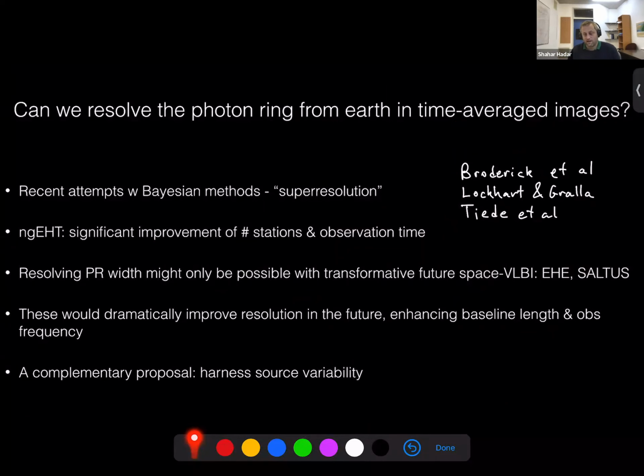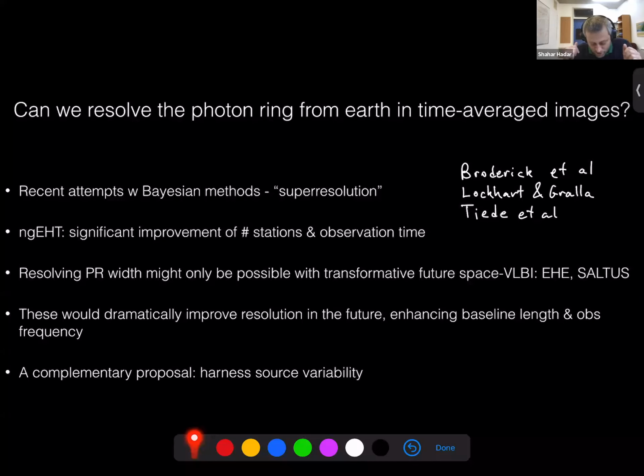This is in light of the development of the next generation Event Horizon Telescope, which is already underway being constructed, not taking data yet. So there will be a significant improvement in the number of stations and the observation time, and a little bit also in the resolution, but not so much, maybe a factor of 2, because basically the resolution,